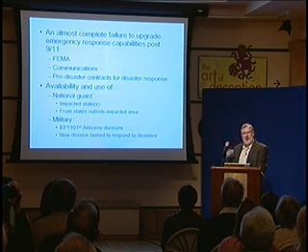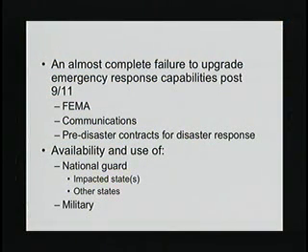The sad thing here is that post 9/11, the country is actually in no better shape, in fact, much worse shape to respond to large-scale natural disasters. In part, that's because FEMA was allowed to completely deteriorate while the emphasis was on terrorism, even though the thought was that the terrorists would cause disasters. And various groups have been put together, and for instance, when you said, what could terrorists do cheaply? Say, start Western wildfires and aim them at cities.